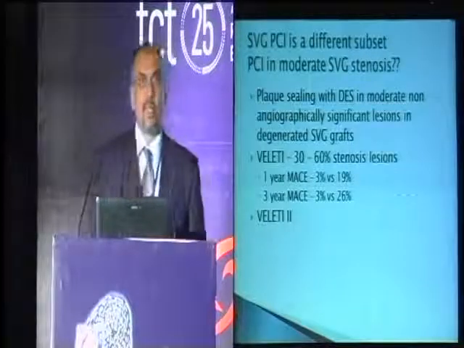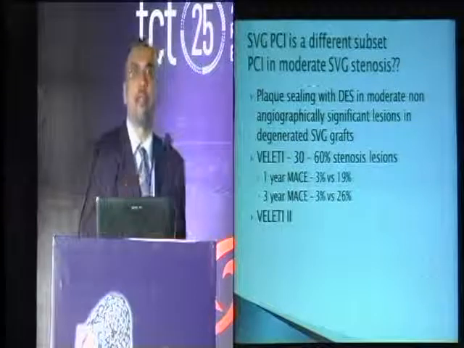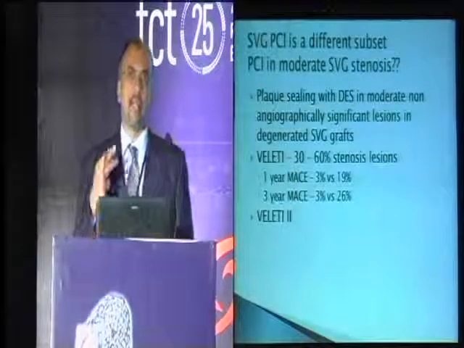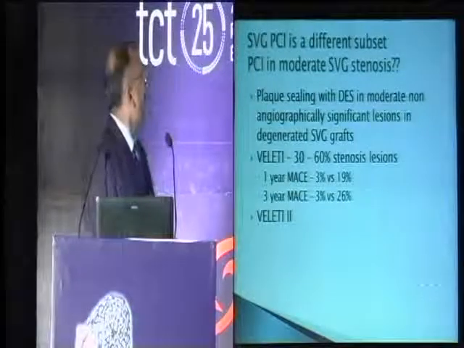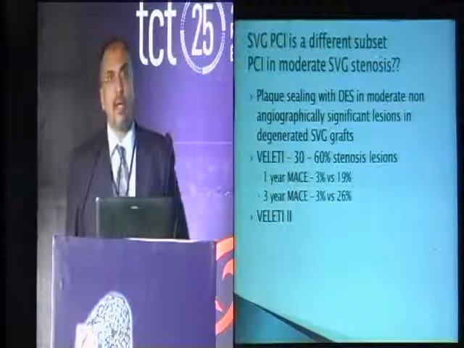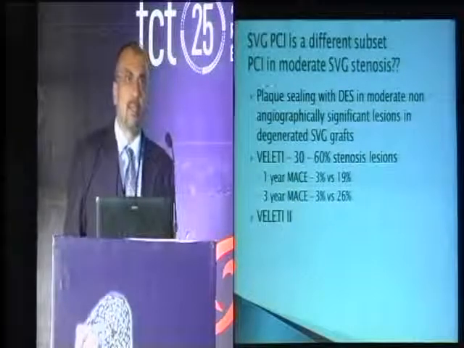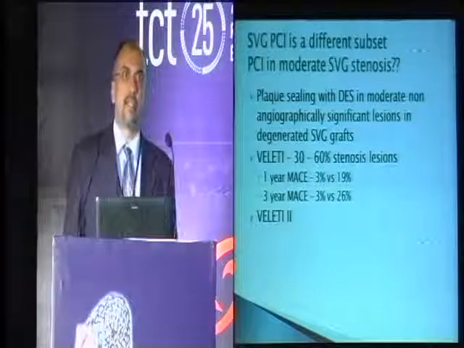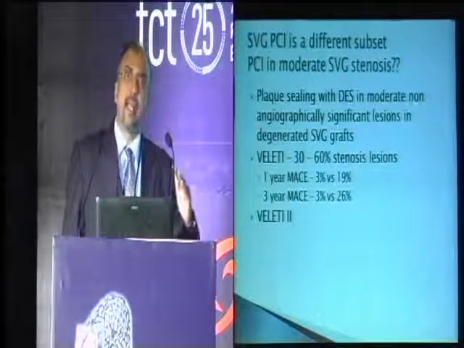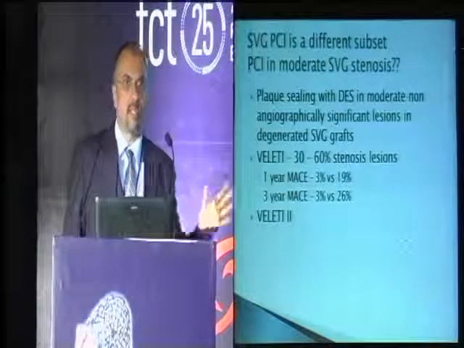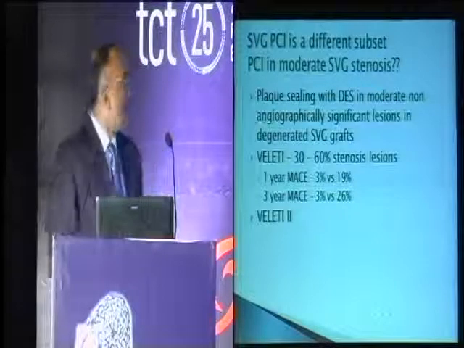Another very interesting study is the VELETI study, and we are looking forward to VELETI 2, which will be one of the rare studies that will give us some more data on this. In VELETI 1, if you look at why SVG grafts do badly, interventions are more for target vessel revascularization than target lesion revascularization, in the sense that unstented moderate lesions quickly catch up with restenosis in the next 6 months to 1 year. So what these investigators did